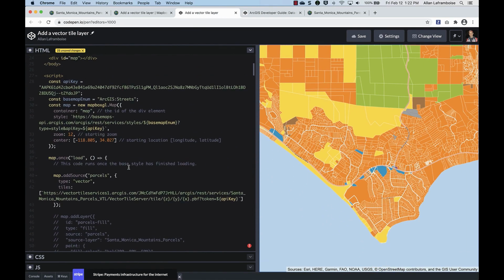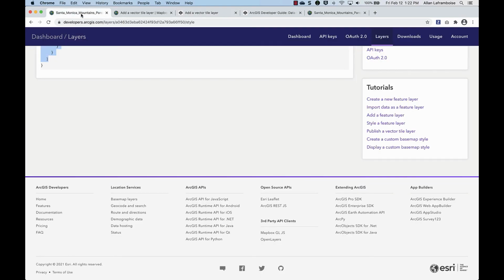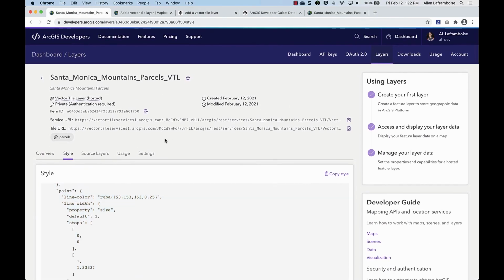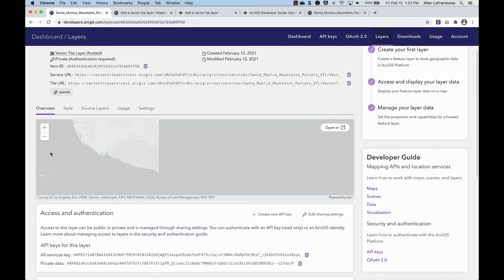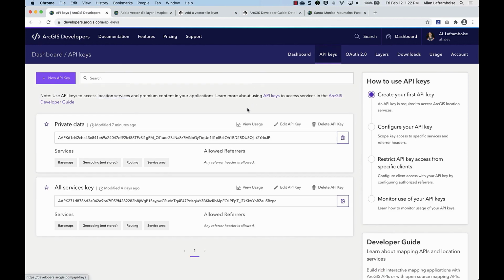So it's a pretty neat example showing how easy it is to use the tools within your dashboard and some of the other tools in ArcGIS Online to generate new data types, and in this case a different layer, and use that layer in your application. And in this case we also showed the secure and private way to access data using API keys,